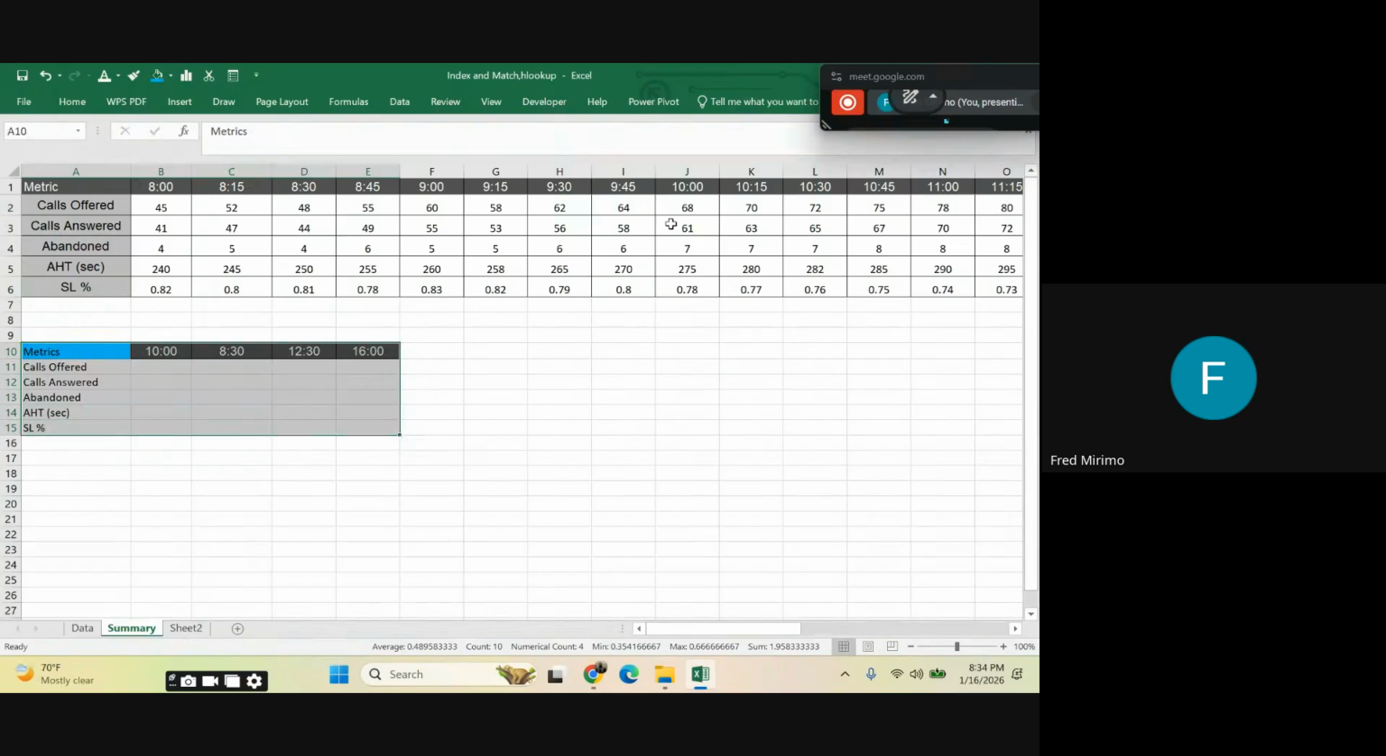He doesn't want all this data, he doesn't want this whole report. He has just told you, give me the courses that were offered at 10 a.m. Give me the courses that were offered at 4 p.m. Also give me SL as well, AHT, abandoned calls, and also the calls that were cancelled. Right? So a data set that is arranged in this format,